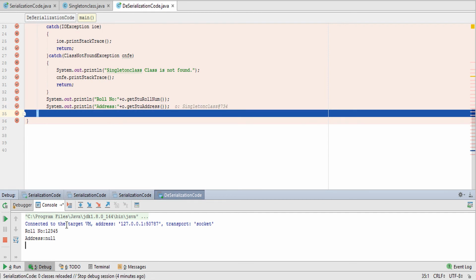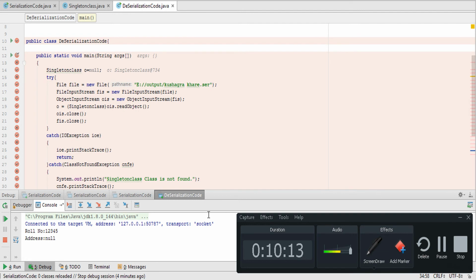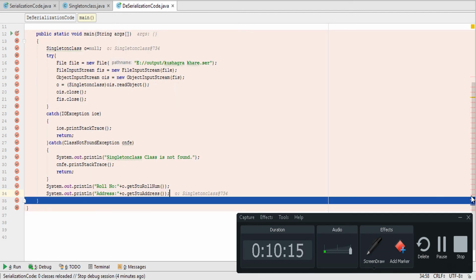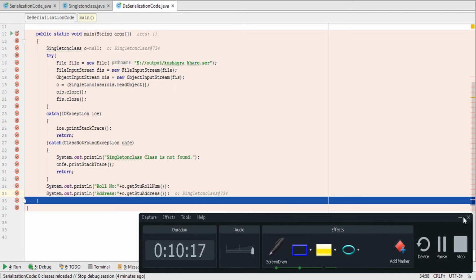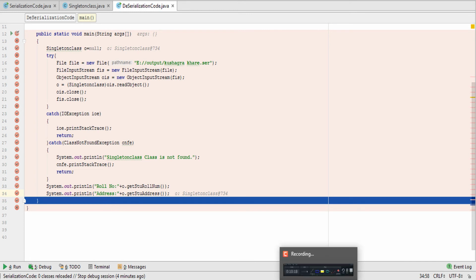See, null is printed. So now in the third phase we will do both the revision and the dry run. First of all, the computer will look for the main method. After that, this line, from this line to this line.